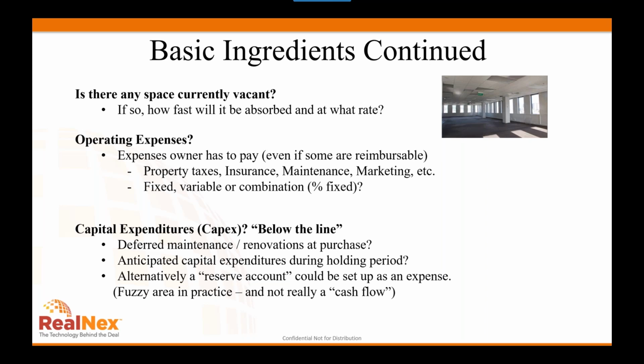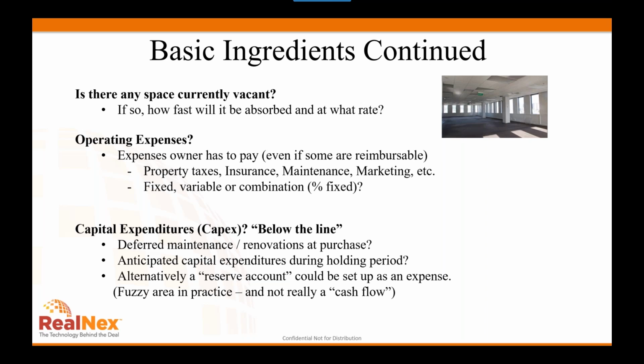But the question is whether we set up a reserve for those capital expenditures. And when we set up a reserve, do we calculate it what's called above the line before we calculate net operating income, or below the line under the net operating income line? I'll get back to this in a little more detail when we look at an example, but RealNext allows you to do it either way, because we know in practice capital expenditures are handled a lot of different ways, whether you set up a reserve and have an amount every year to take into consideration that at some point I'm going to have to spend the money,